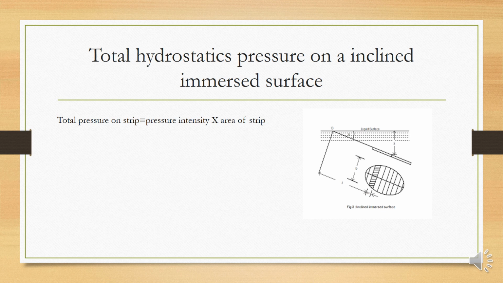Okay, in the previous case, the hydrostatic pressure on a vertically immersed surface, H was Ig upon A y plus y bar, and with the inclined immersed surface the depth, means H, is equal to Ig sine square theta upon A y plus y. Okay? Means only the depth H is changing, and the pressure remains the same, that is the pressure intensity multiplied by the area of the strip, that is A.